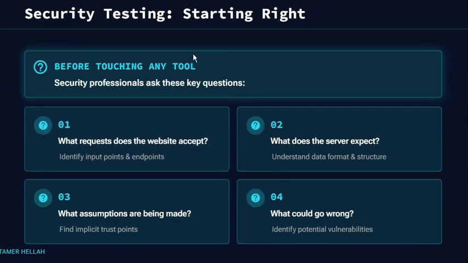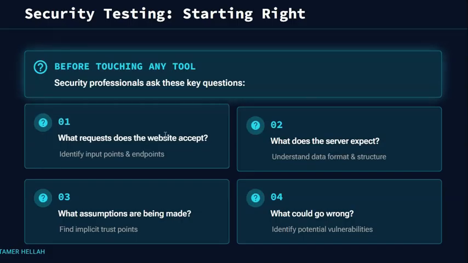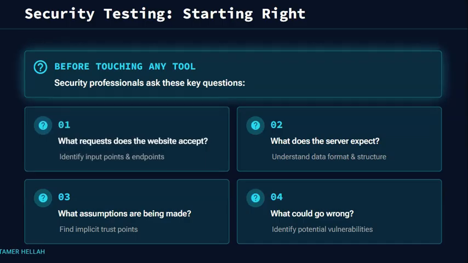This is why professional security testing does not start with tools. Before touching any scanners or exploits, security professionals ask very basic questions like, what requests does the website accept? What does the server expect to receive?